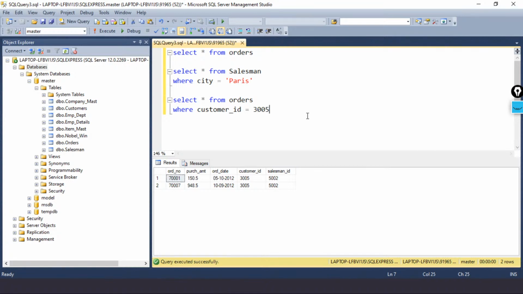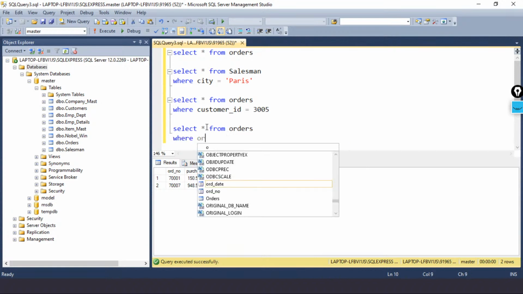Now as I told you, you can also use arithmetic expressions like greater than, less than, all those logical expressions, and retrieve the value out of it. That is also something that we can achieve. Now talking about the where statement on a date. You can also use a date, but whenever we are using a date, we will be using the date as a string. So what I'll write is, from orders